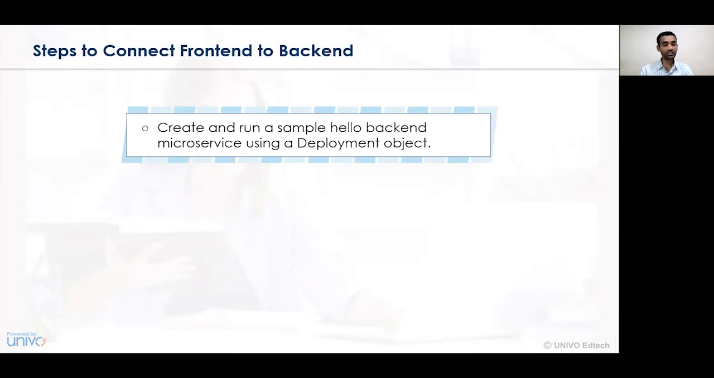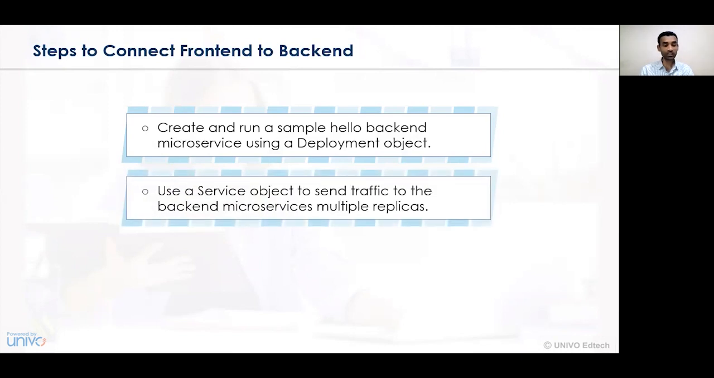So creating and running a certain activity is essentially important. The second step that needs to be undertaken is using a service object to send traffic to the backend microservice multiple replicas. So in a particular organization, in order to see that those particular activities of front end to the backend have been conducted in an effective way, the communication from the front end to the backend is essentially required,